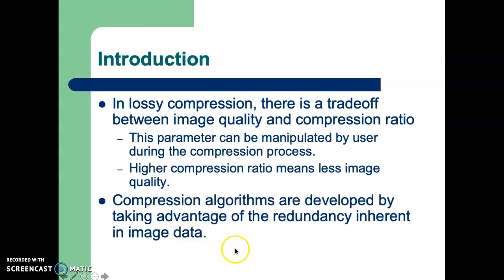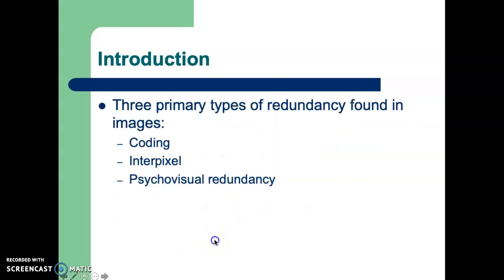Compression algorithms are developed by taking advantage of the redundancy inherent in image data. So how is the compression ratio obtained? How do they get the algorithm for the compression? This is from taking advantage of the redundancy inherent in image data. So you have to understand well how the image data is organized. There are three primary types of redundancy found in images: one is coding, one is interpixel, and